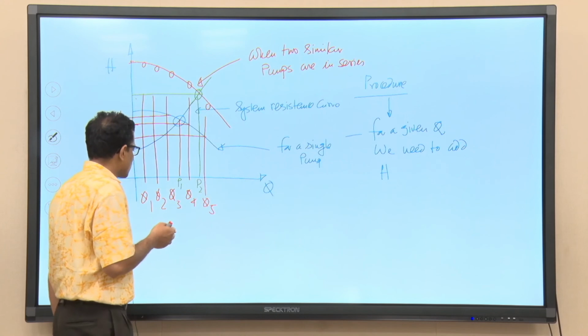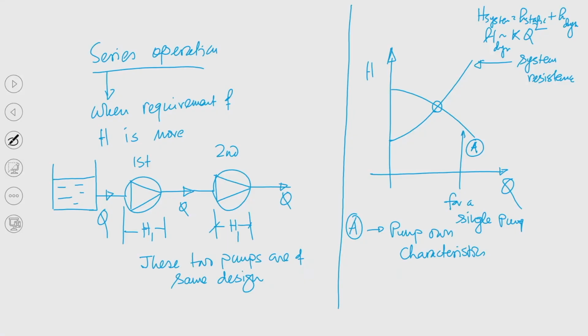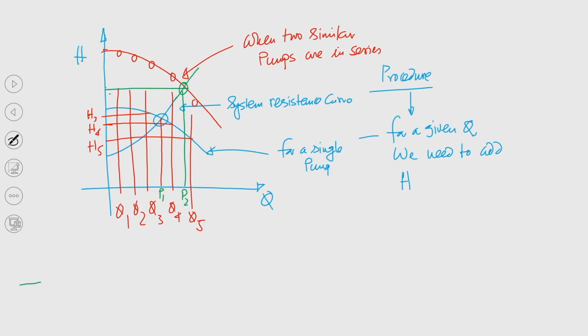But what will happen, as I was talking about, is that when this pump is newly added, installation of this pump requires fittings and valves, and because of these additional fittings and valves, this system resistance curve will be relatively steeper. So, this curve will be like this. So, maybe we will be getting this, the actual operating point that we are talking about. So, this will be the P2 combined.